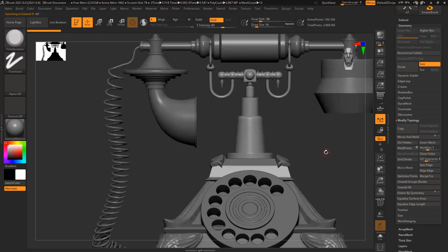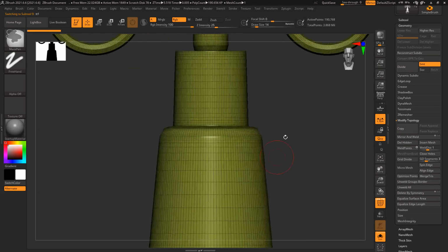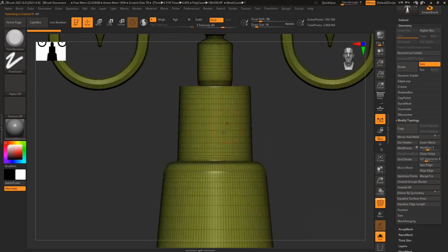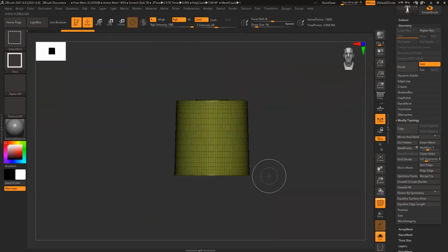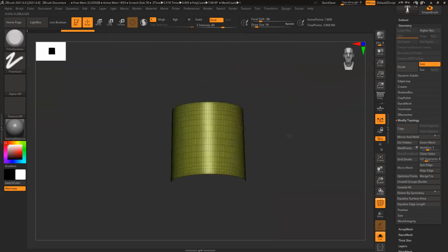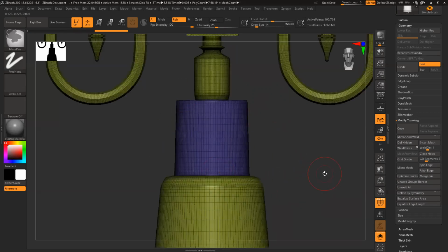Now let's see this part section. There are a lot of lines. So if I want to create that manually, it will become very difficult. So I'll use symmetry for this also. So what I'll do, Control Shift, select this section, Control W. It will change the polygroup of that part.